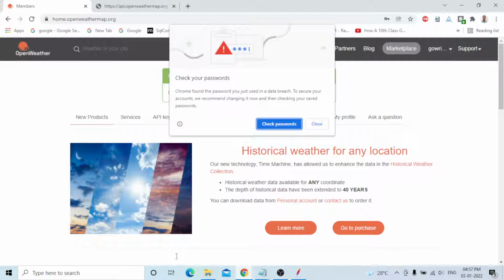But remember guys, once this API key is generated, activation will take around 30 minutes to 1 hour.